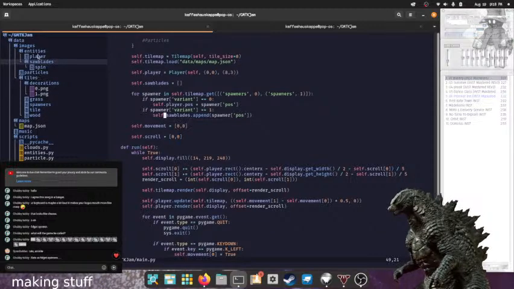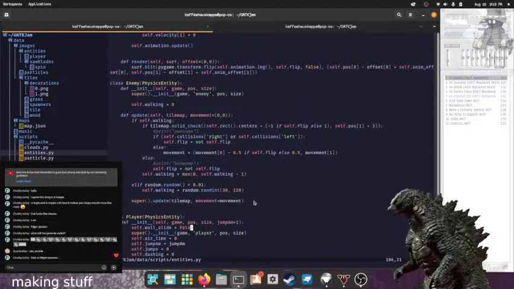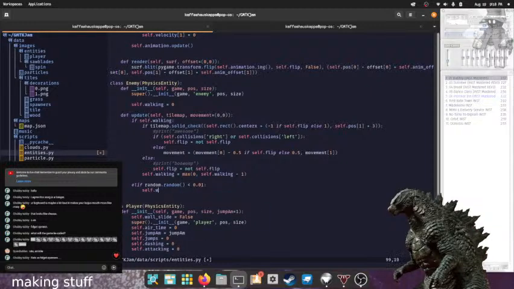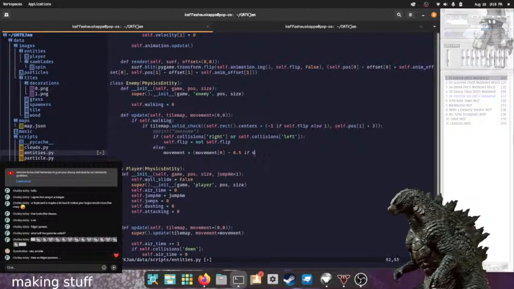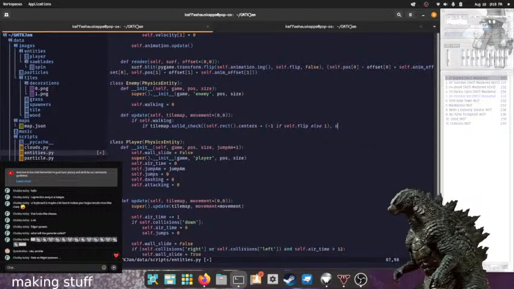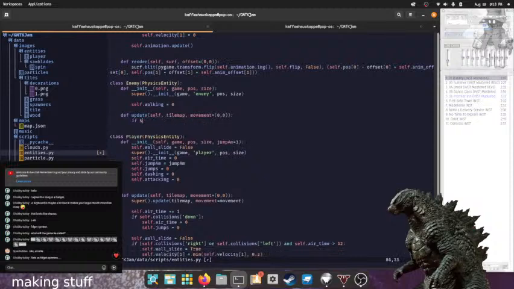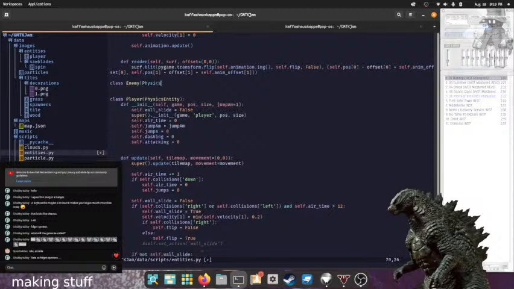Now if I go to the entities script right here, I still have an enemy in here that I tried to do, but it didn't work, so I'm just going to quickly get rid of all of it. You can see things such as print bootwomp, because I kept trying to check stuff and it didn't work. But I am going to create a new class, and I'm going to call it Sawblade. Sawblade. And it's going to inherit from physics entity.